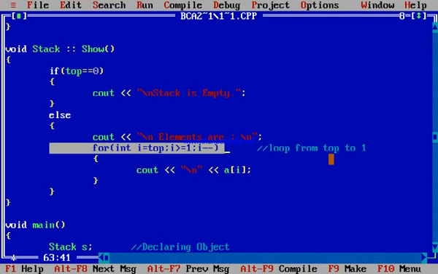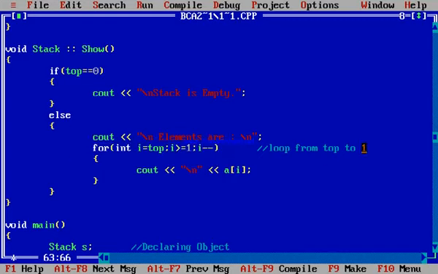In a similar manner, if we print the elements of the stack, you should display the top element first, then the next element below the top, and the last element is the element which was inserted first. So for doing this, the for loop is from top to 1, and here I minus minus should be there because we are moving downward, and print A of I here.